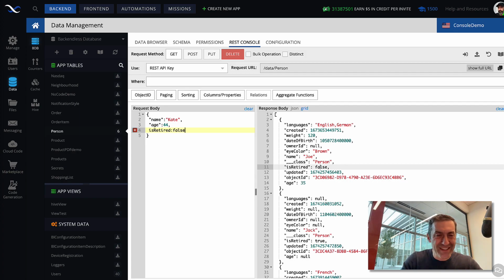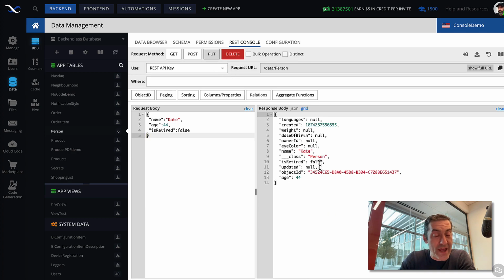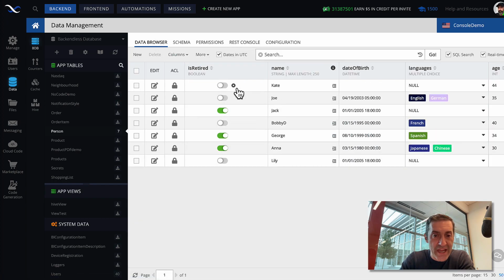Let's just set it as false. isRetired is missing quotes. There you go. Now it looks good. Let's put this value in there. So now we have the Kate object in the database with isRetired set to false. Let's take a look. Here's Kate, and as you can see, the value for that record is false. Very, very straightforward.